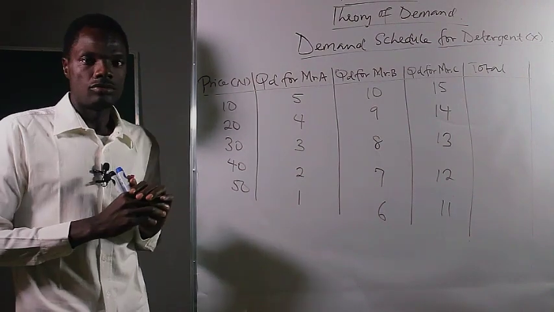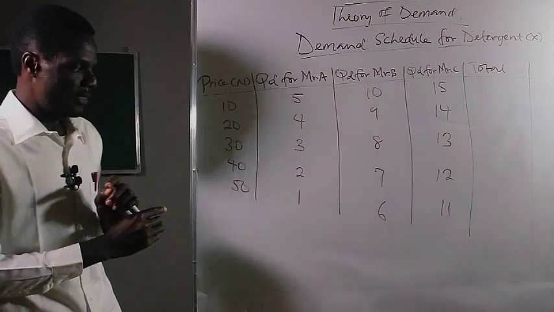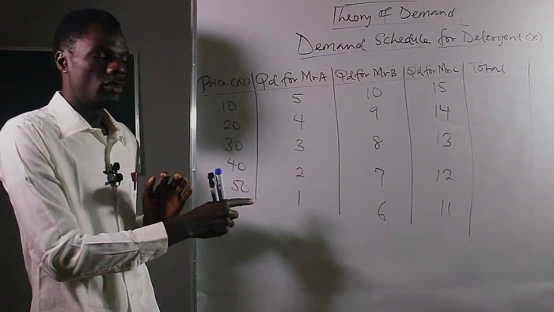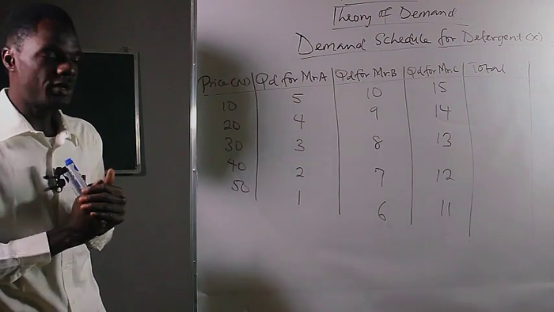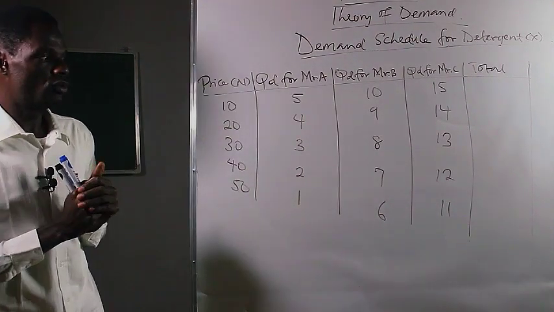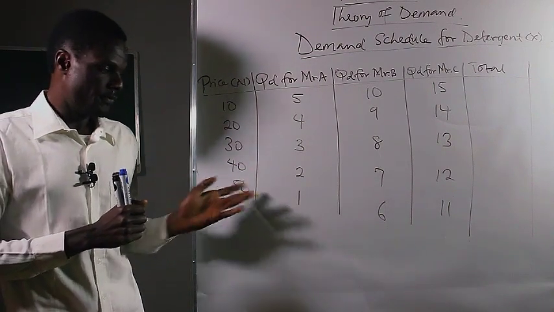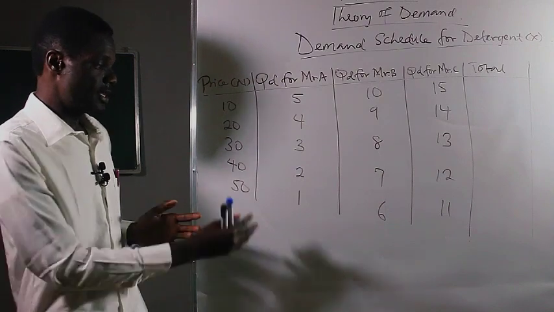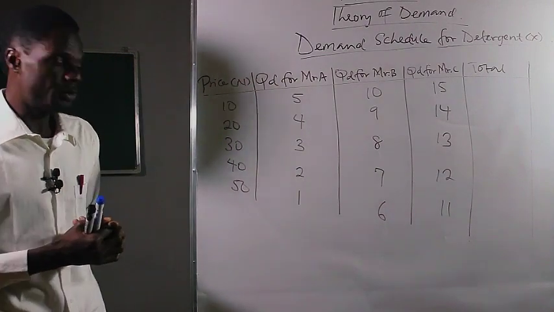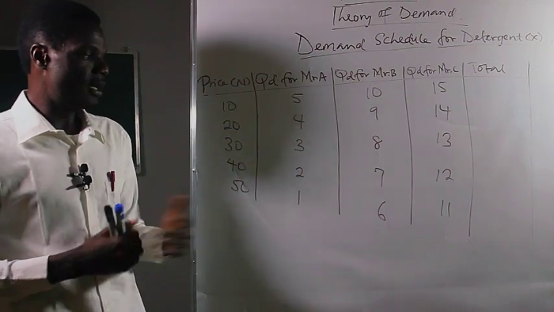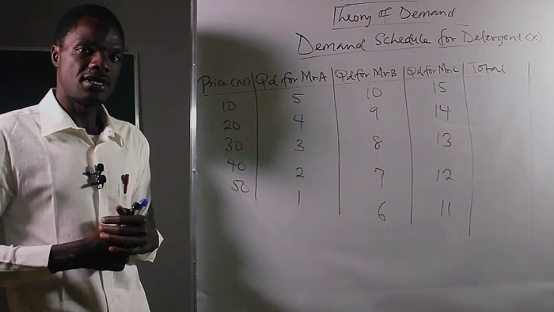Then the price now increased to 40. And that is why Mr. A demanded 2, Mr. B demanded 7 units, while Mr. C demanded 12 units respectively. And finally, the price rose to 50, which is the peak point. Now, Mr. A demanded only 1 unit of detergent, while Mr. B demanded 6, and Mr. C demanded